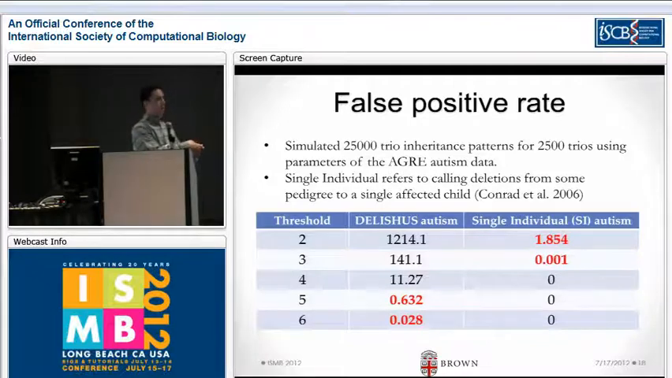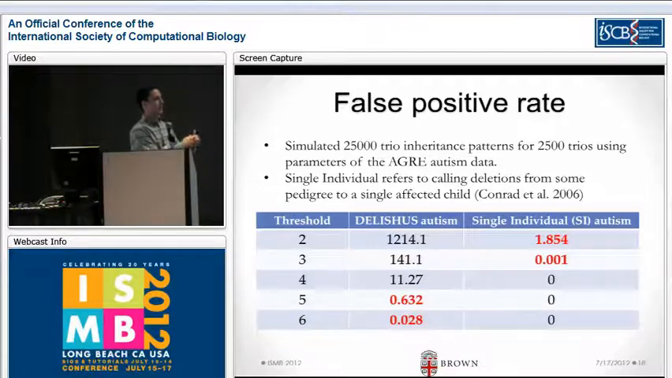So the first thing that you have to do is tune your threshold parameter because you don't want too many false positives if it's set too low. What you can do, and you have to do this for each data set, is first calculate the frequency of the evidence of deletion consistent with a deletion, no deletion sites. And then you can generate a deletion matrix that's the size of one of the chromosomes of your data. In this case, we're modeling it after the Aguiar autism data. We have 25,000 trio inheritance patterns that we sample randomly from the frequencies, and we have 2,500 trios. After we have this deletion matrix, we run the algorithm, and any deletion that's called within this matrix is